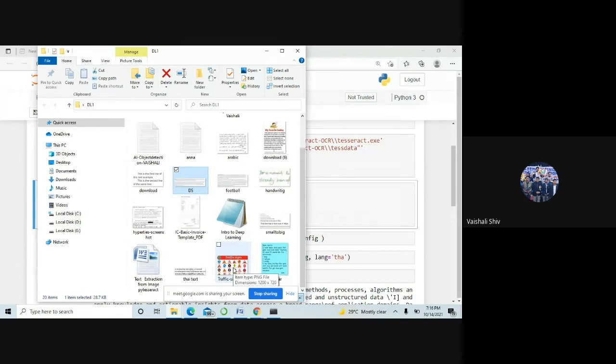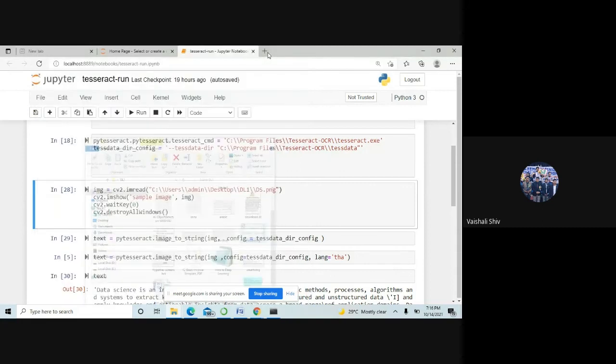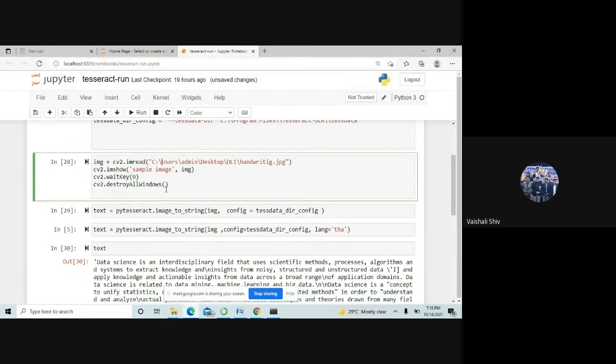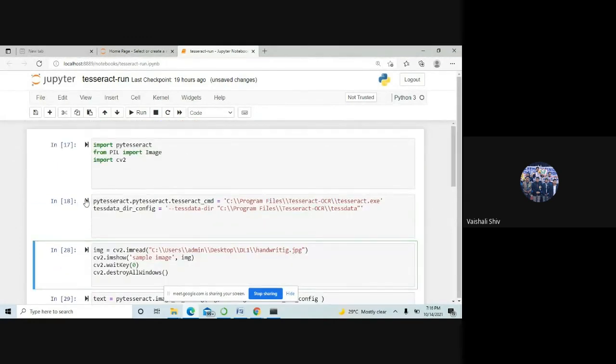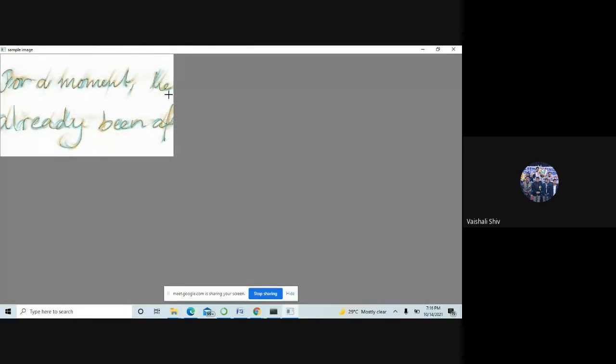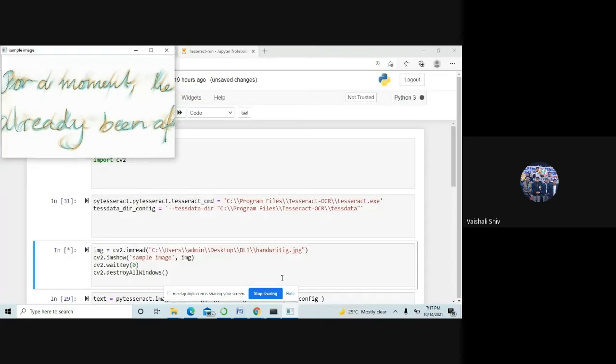Okay, let's try handwriting. Very cursive handwriting it will not detect, because everyone writes in their own type of style. This is the handwriting, right? Everyone can see, right? It is very small, but it is handwriting.